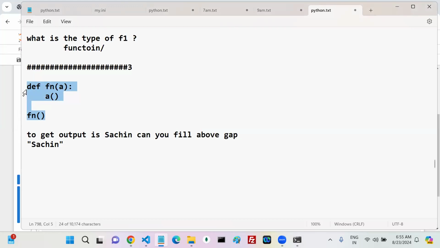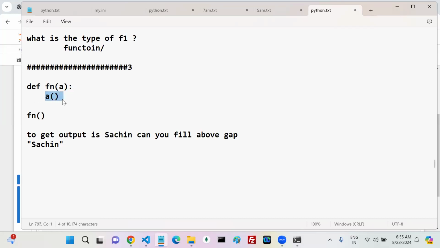Next, to avoid that parameter error, how many parameters do you need to pass? One. So you have to pass one parameter or not? Okay, perfect. One parameter is required. What is the type of the parameter? Function. How can we say it's a function? In the function body, we are calling that.